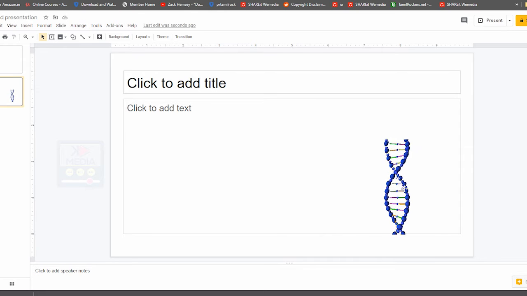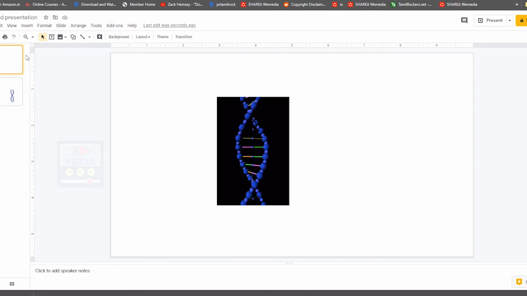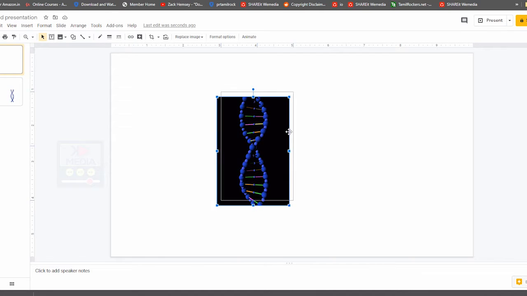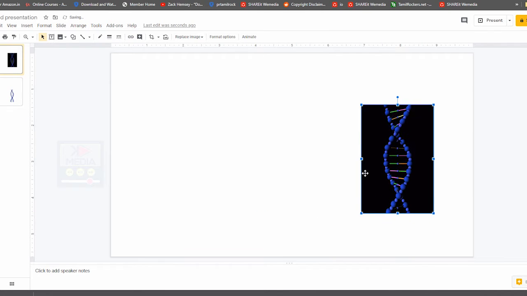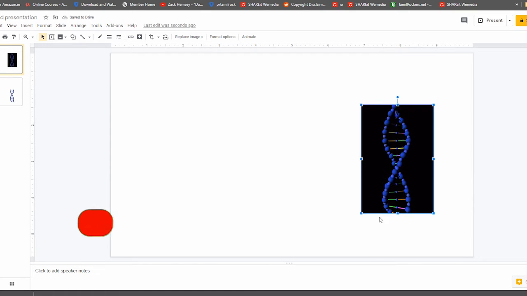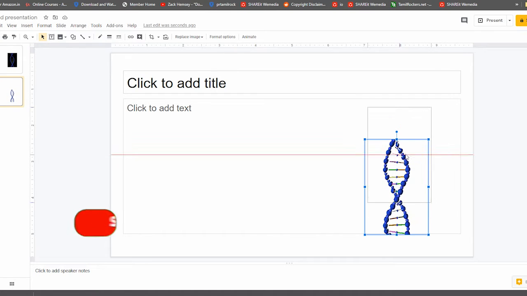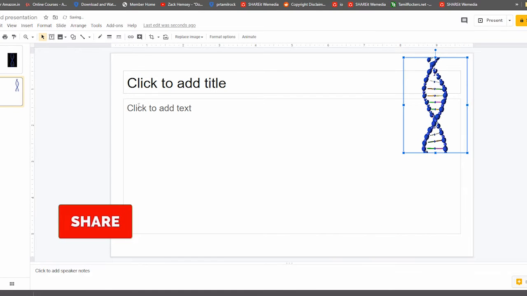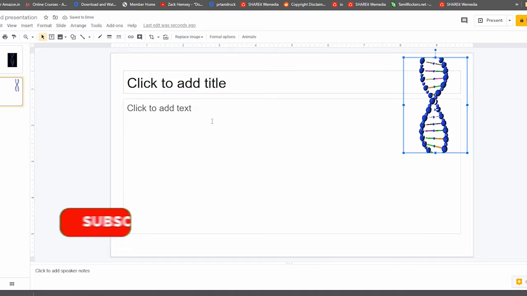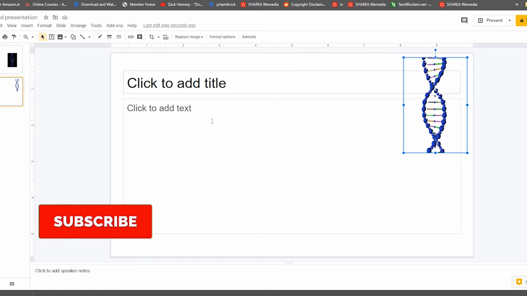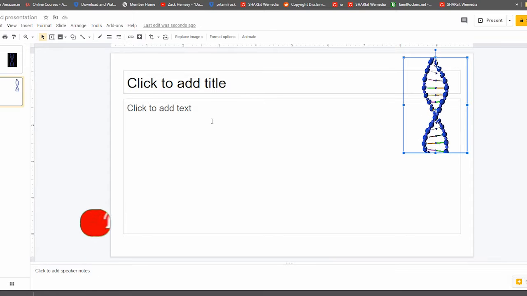We are going to talk about how to remove a GIF's background. When you are doing a PPT or a Google Slides presentation, you want it to be clean. Whenever you use GIFs in your Google Slides presentation, they will have some weird solid color background. If you make them transparent, they will be more suitable with the white background, so that your text, subtitles and other descriptions will pop out.